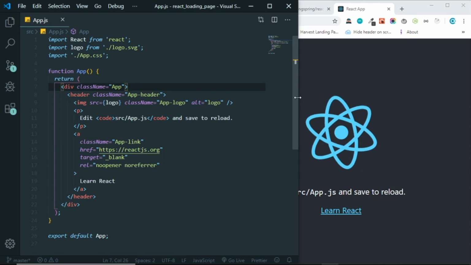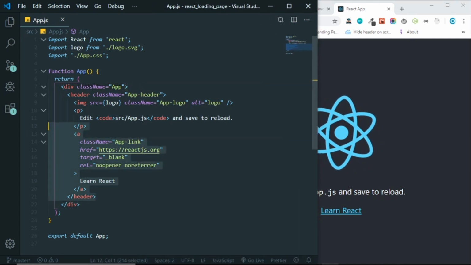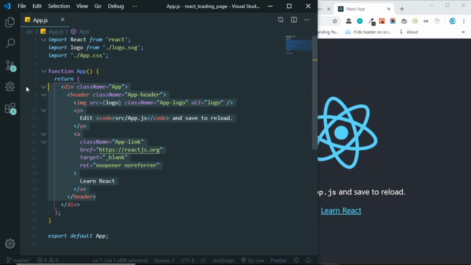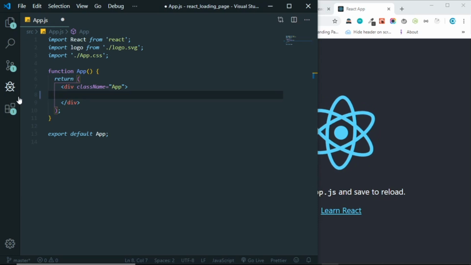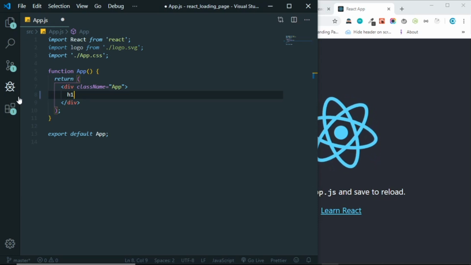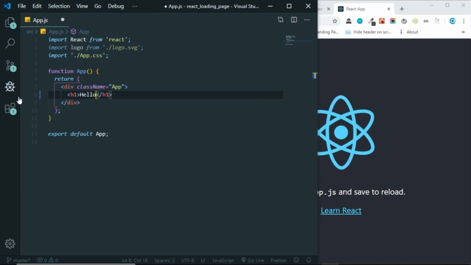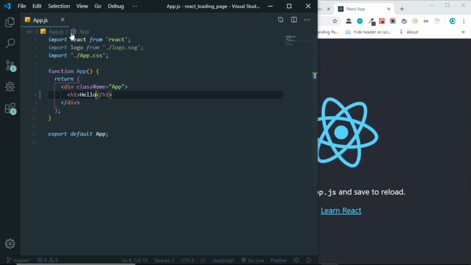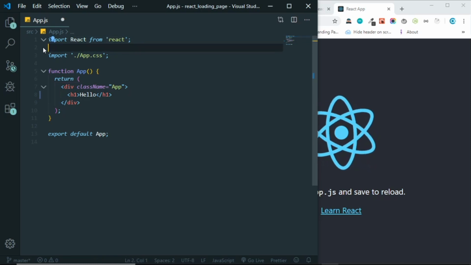All right, so the first thing is let's remove the header, everything in the header tag, and let's do just an h1. Let's say hello, save. And what we need to do is just remove the SVG logo